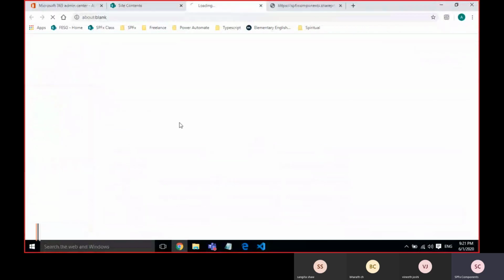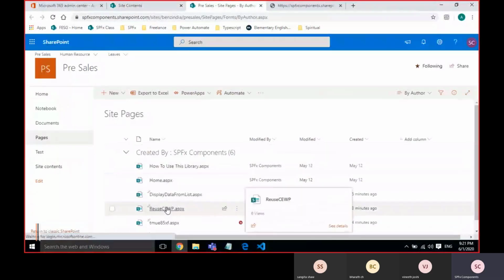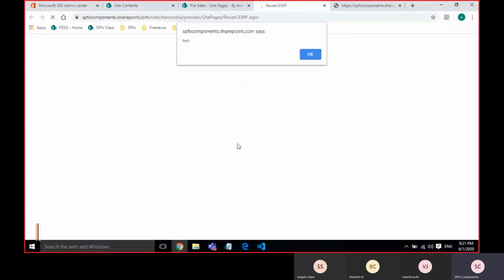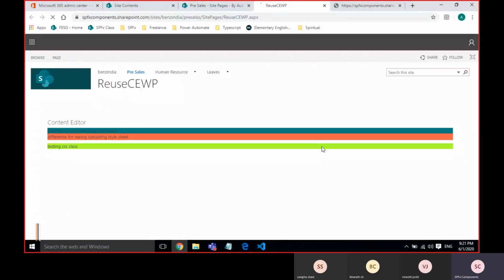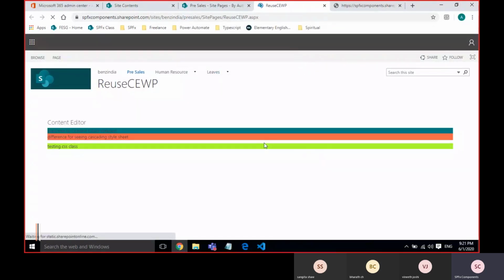I have to take my content editor page. See now, quick launch was hidden and everything is working now.